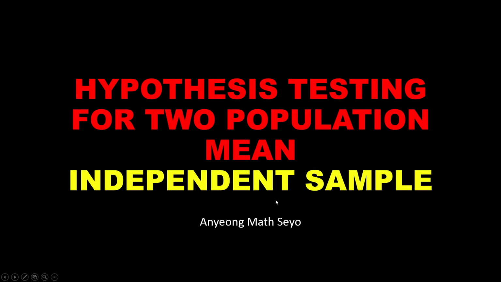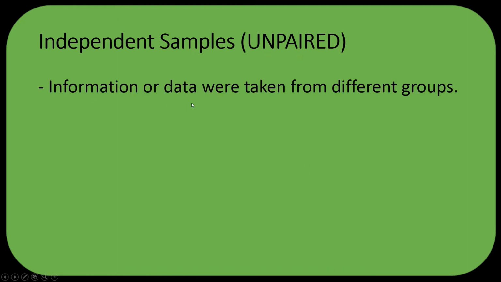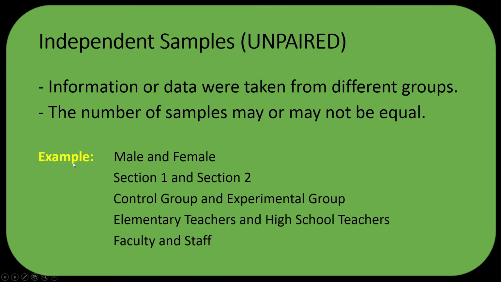Let's have the hypothesis testing for two population mean, independent sample. Independent samples, also known as unpaired, means the data were taken from different groups. Then the number of samples may or may not be equal. Examples: male and female, section 1 and section 2, control group and experimental group, elementary teachers and high school teachers,